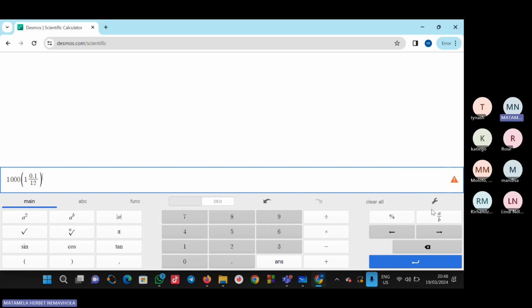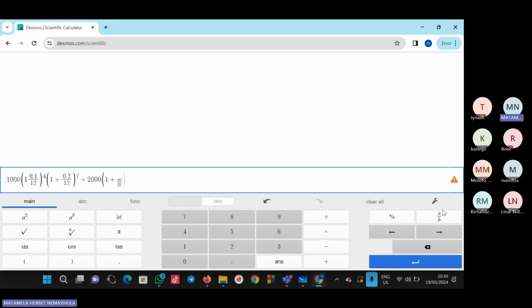It was 0, 1, 2, 3, 4. It was 4. Then again, brackets, 1 plus 0.2, it changed to 0.2 over 12 to the power 7. Then plus again, now we added 2,000, it was there for 7 times, so it's going to be 1 plus